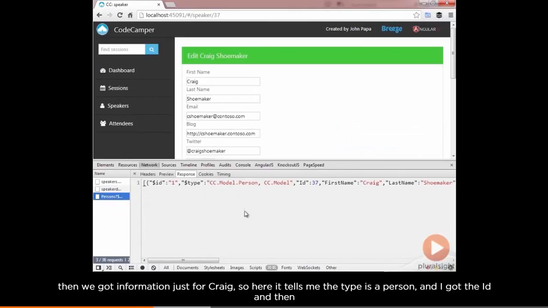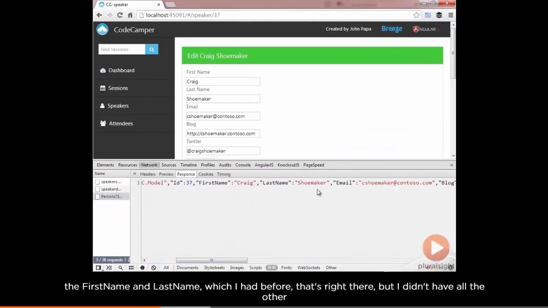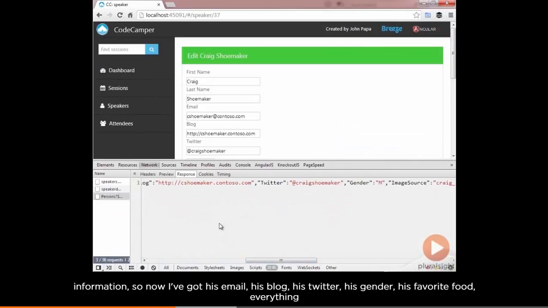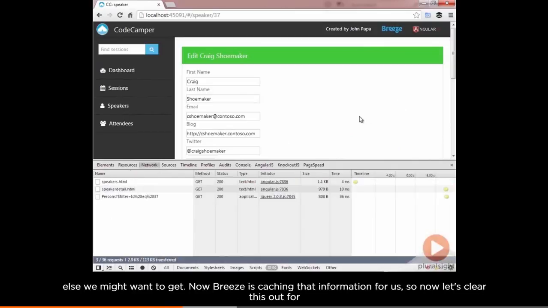So here it tells me the type is a person, and I got the ID, and then the first name and last name, which I had before. That's right there. But I didn't have all the other information. So now I've got his email, his blog, his Twitter, his gender, his favorite food, everything else we might want to get. Now Breeze is caching that information for us, so now let's clear this out for a moment